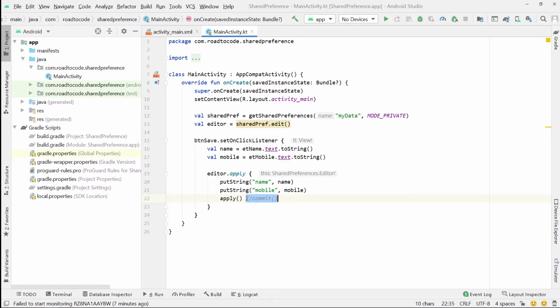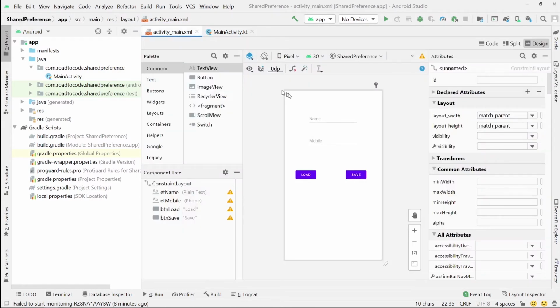So I suggest you not to use the commit method generally. Okay, so this is all about saving the data inside the shared preferences. Whenever the user enters his full name and mobile number, we click on the save button and the data will be saved into the shared preferences.